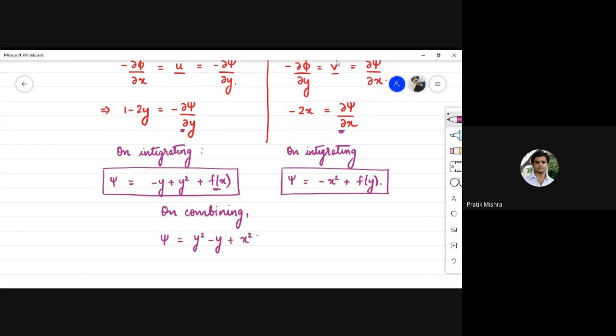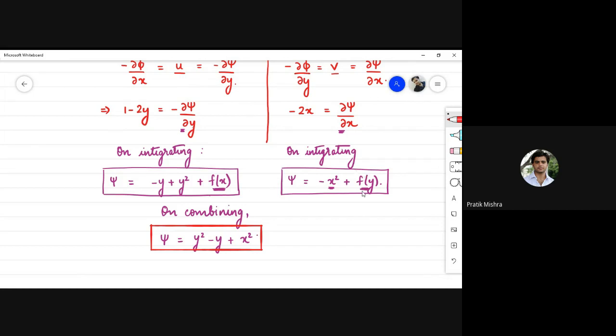ये जितना कांस्टेंट टर्म है इसको हम छोड़ देते हैं, क्योंकि जो यहाँ कांस्टेंट टर्म आया हुआ है, दिस f of x, ये हमको दूसरे वाले एक्सप्रेशन में मिल गया। देखिए आप ध्यान से, यहाँ पे जो कांस्टेंट है f of x वो यहाँ पे हमको मिल गया, दिस इज अ प्योर फंक्शन ऑफ x। और यहाँ पे जो कांस्टेंट टर्म थी f of y वो हमको यहाँ पे मिल गई −y + y², विच इज अ प्योर फंक्शन ऑफ y। तो इस तरीके से आप कंबाइन करके फाइनल वैल्यू ऑफ ψ फंक्शन लिख देते हैं। So your ψ function, stream function ψ, comes out to be y² − y + x²।